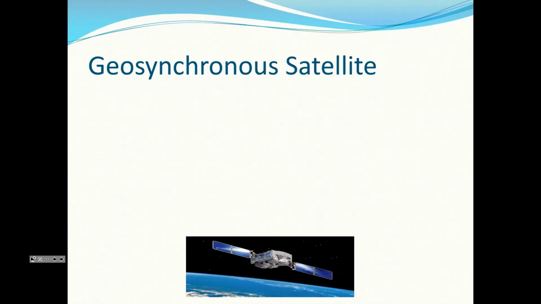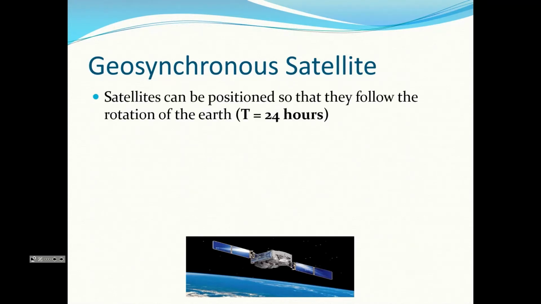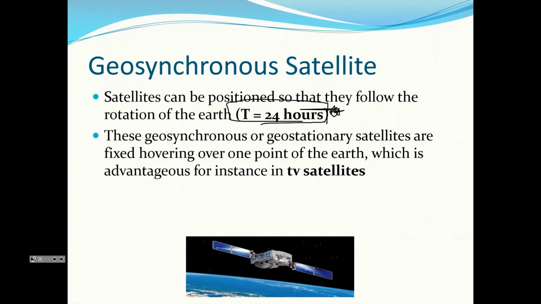Okay. So a term that you need to be familiar with is geosynchronous or geostationary satellite. So satellites can be positioned so that they follow the rotation of Earth, and the period of Earth, the time it takes Earth to rotate, is 24 hours. And this you need to know to do these questions. So that won't be given to you in the question. If it says geosynchronous satellite, the period is 24 hours. So these geosynchronous or geostationary satellites are fixed, hovering over one point over Earth, which is really good for TV